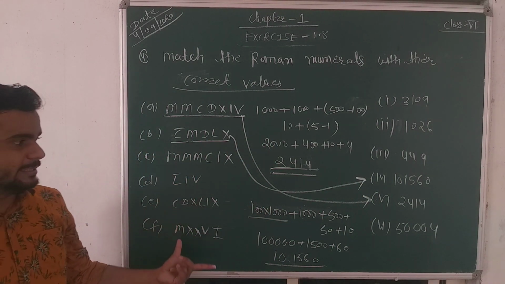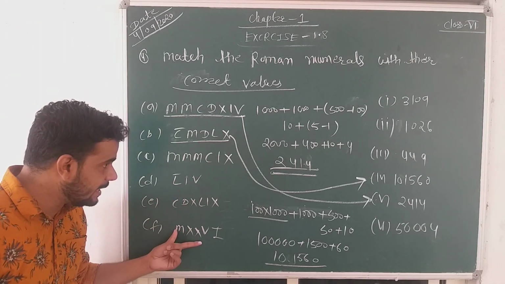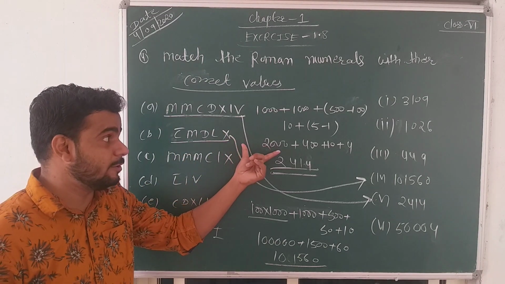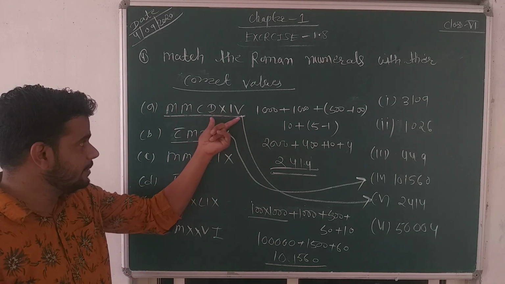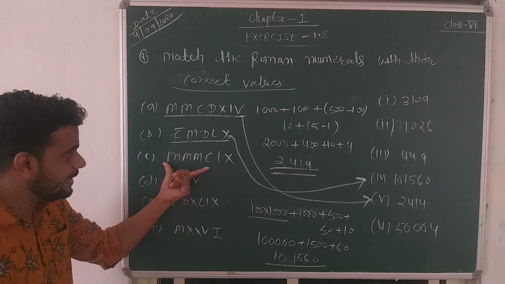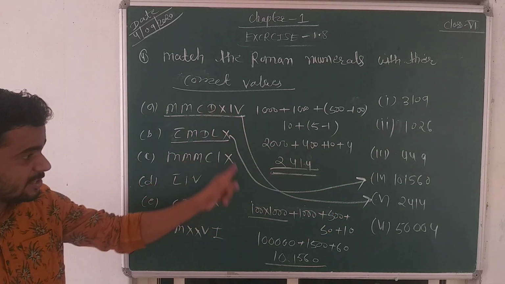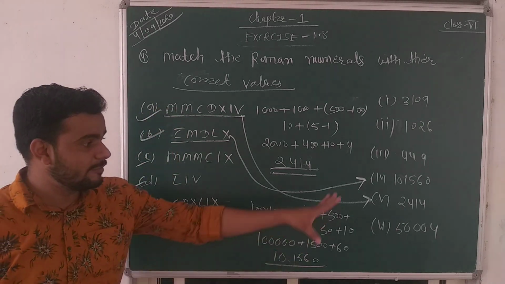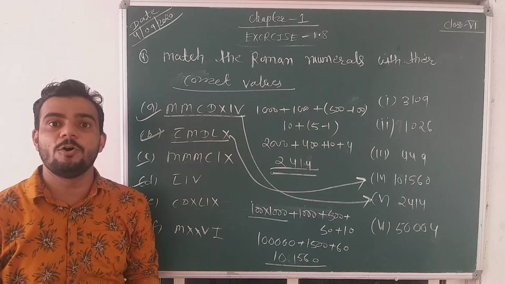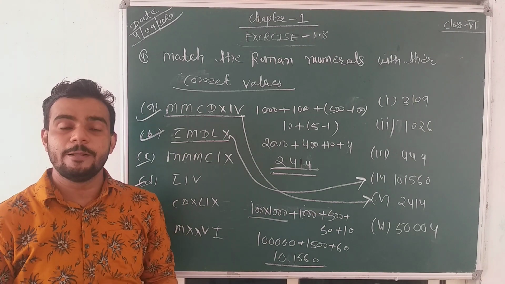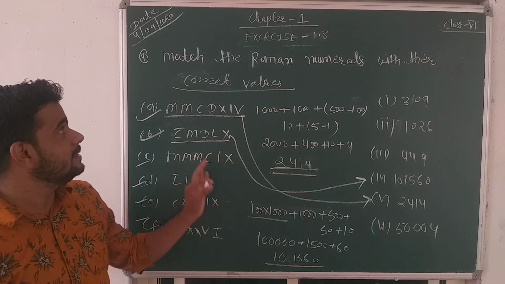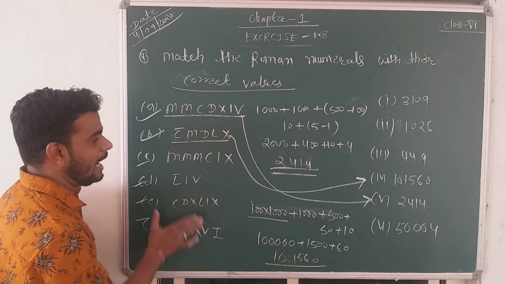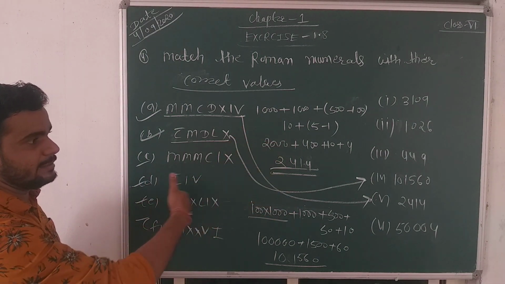Any doubt? So this is the way you have to solve each and every number, and afterwards you have to match. When school opens, I will check your notebook and I will see this question especially. You have to solve each of the following. Afterwards, when you get the result, then you match. So first solve all of these. I already solved 2, you solve 3 and 4, and you get the result. Afterwards you match. Don't directly look at the back side and try to match from there. So I think you understood how to match the numbers. First you find the result of the number. Afterwards, when you get it, you see which number it is, then you match.